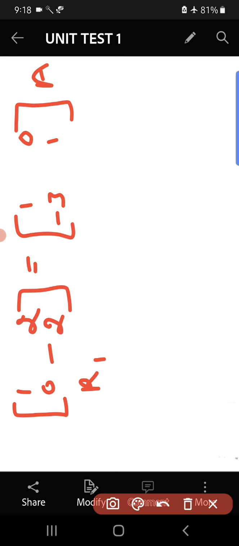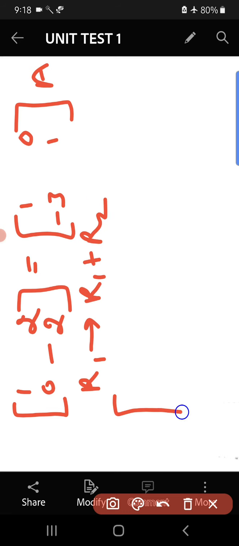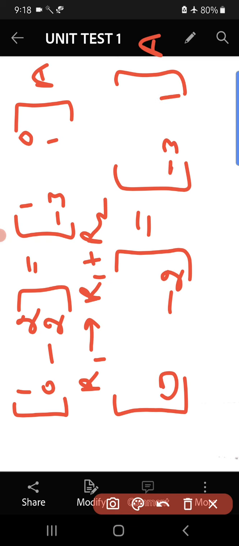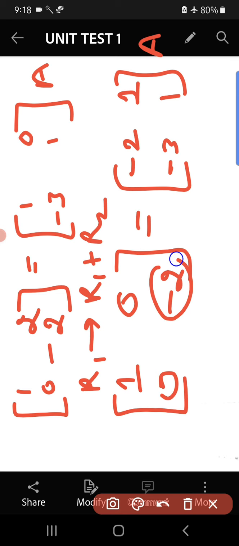Then I can take this as R1 changes to R1 plus R2, with the second row as it is. R1 plus R2 means I am going to add the elements of the first row and second row. 1 plus 0, 1; 2 minus 2, that is 0. See, 1 minus 3, that is minus 2; 0 plus 1, 1. Observe the right-hand side. So 1 0, 0 minus 2 on the left-hand side. Now the only thing is we have to reduce this to 1.